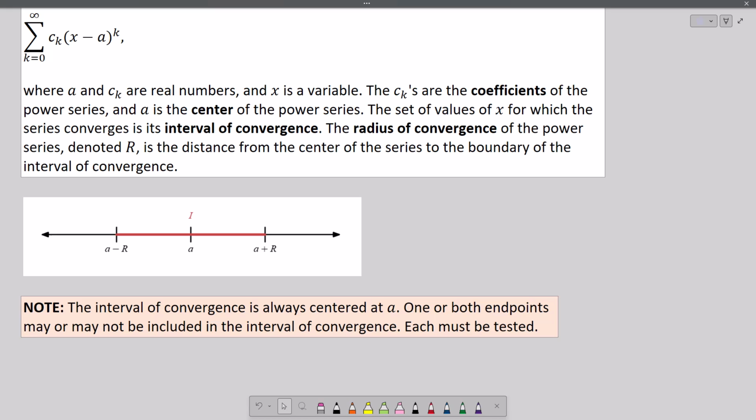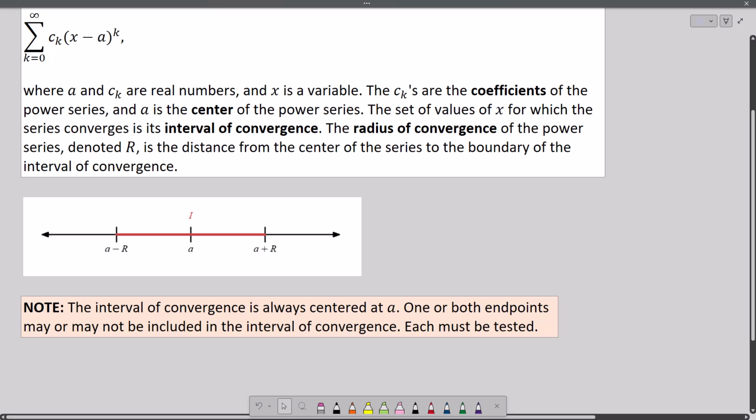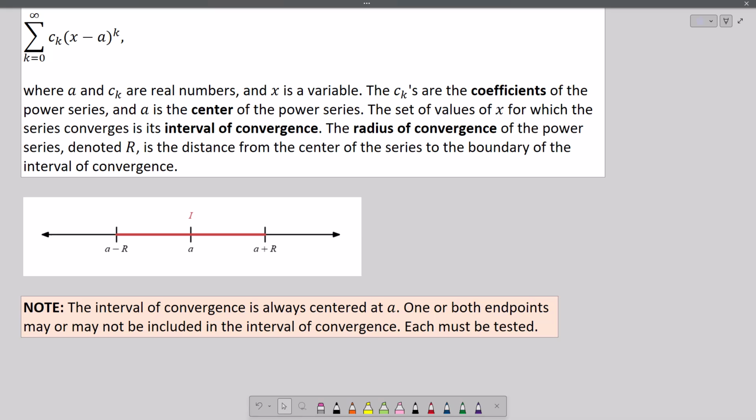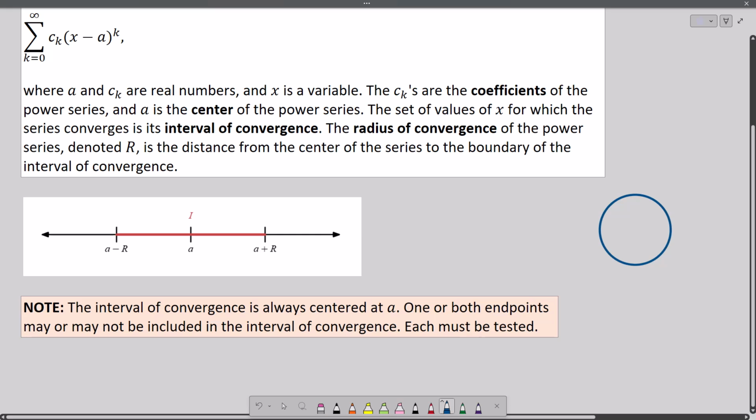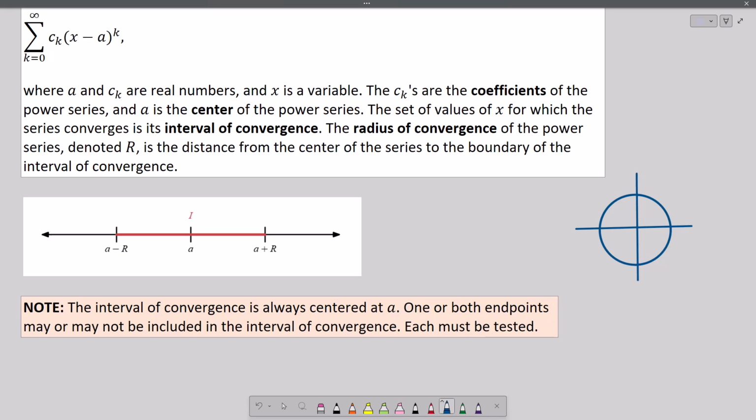Have you ever heard the word radius associated with an interval? What do you think of when you hear the word radius? A circle. And so this is what's interesting. We're calling it a radius. And the reason it's called a radius, when you go into advanced calculus and you take a complex analysis class, it turns out that if you go into the complex numbers, and hopefully you're all semi-familiar with the complex numbers,